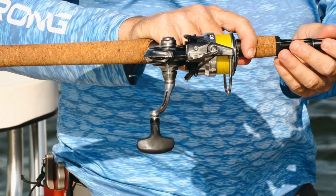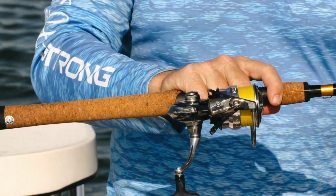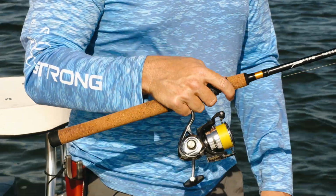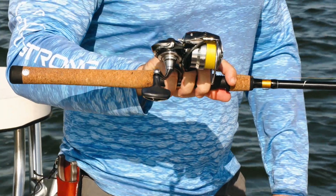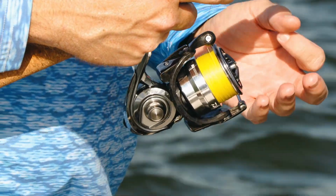This is an $800 spinning reel. You might be saying, what a waste of money. It is probably the smoothest. You've used it too. Luke's even like, that was the dumbest buy you've ever done. It was really fun explaining that one to the wife, why I needed a $600 and something reel after the discount. But it is so smooth, and it's a lifetime warranty,